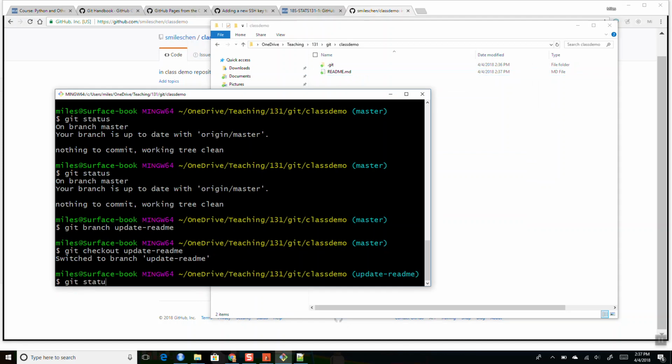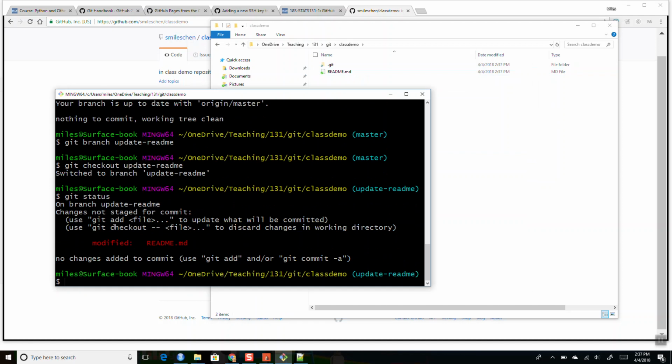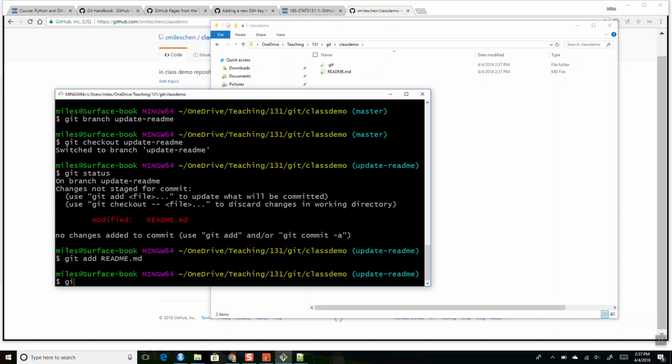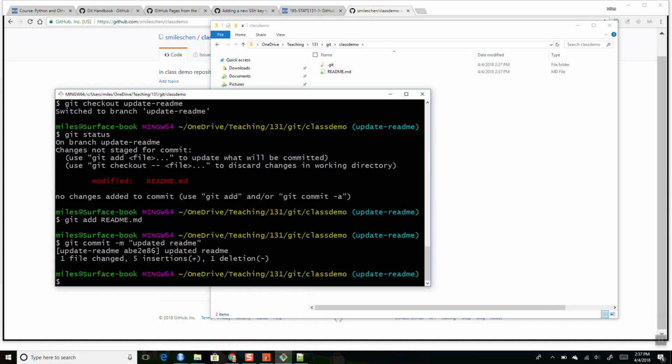And if I check git status, it will say these are not yet staged for commit, so I have to add that. Okay, so I'm going to just do git add readme.md, and I'm going to do git commit -m, and this will be "updated readme". Okay, so I've committed all of these things, and we can see that we are on the branch